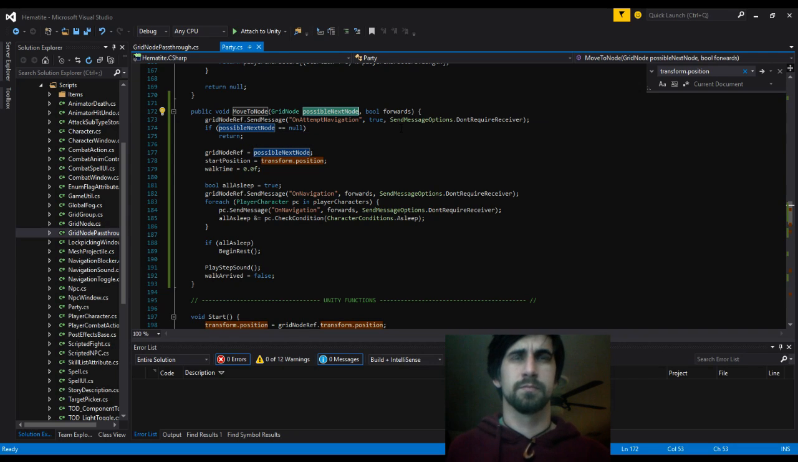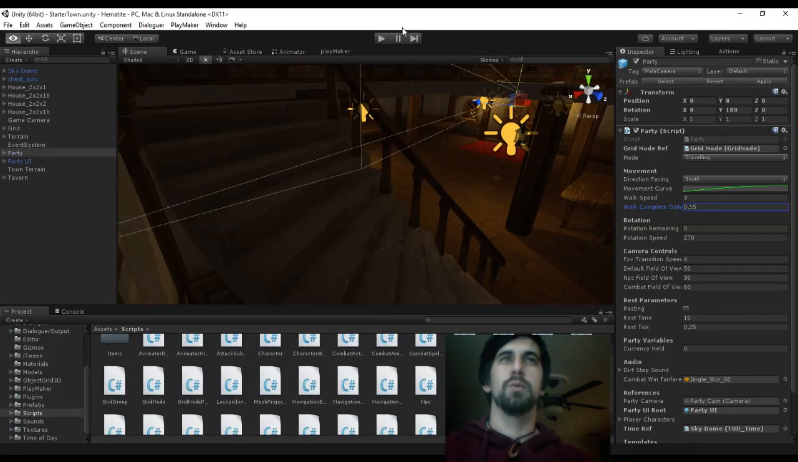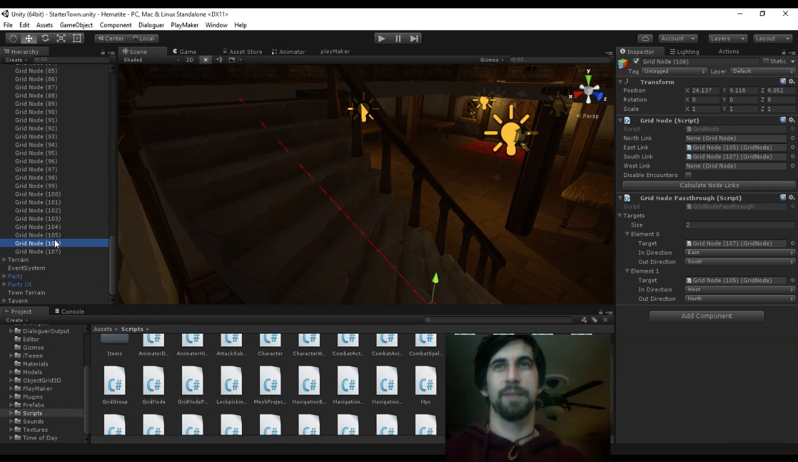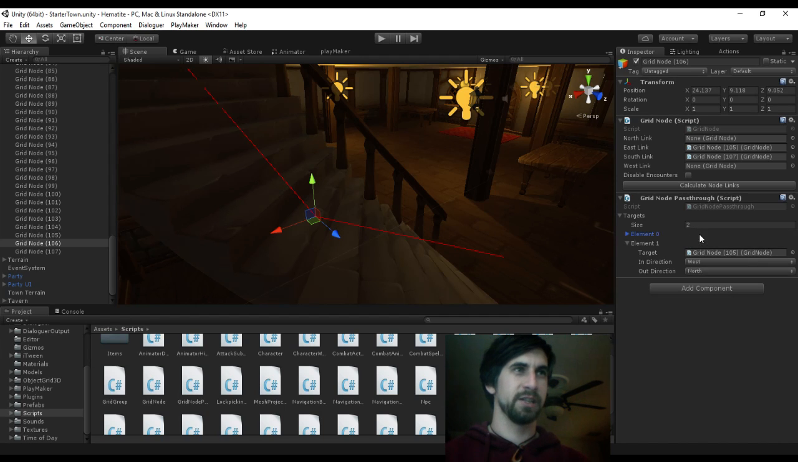We set the new grid node reference. We start navigation. We say forwards. Yeah, sure, that's forwards. Oh, it's because my grid node is backwards. Remember, I put these in backwards. So what this needs to be is actually that,